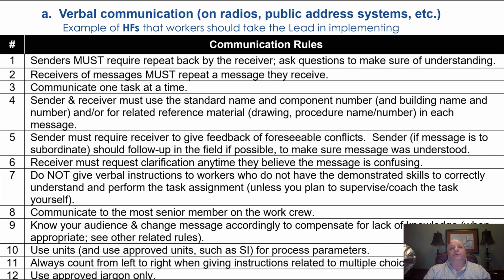For communication, the main rules are repeat back of everything you hear. So if you're the sender, you repeat back. The receiver has to repeat back, and if you're the sender, you have to require the receiver to repeat back. Spelling out letters like Alpha, Baker, Charlie. These common rules, as you see implemented in the airline industry, for instance, air traffic control, are very important in a chemical plant,